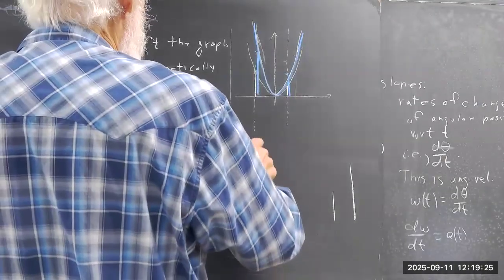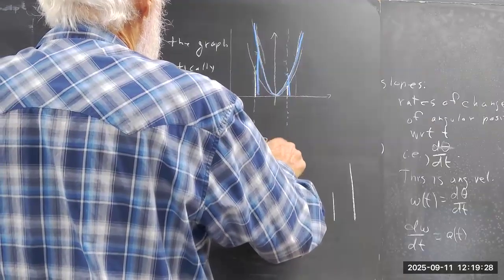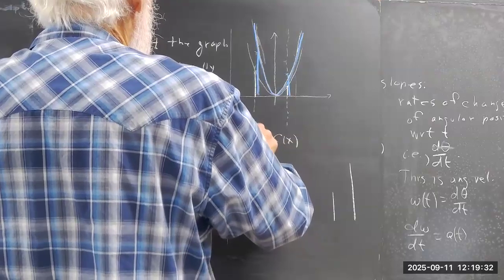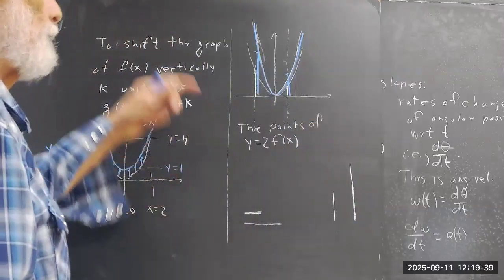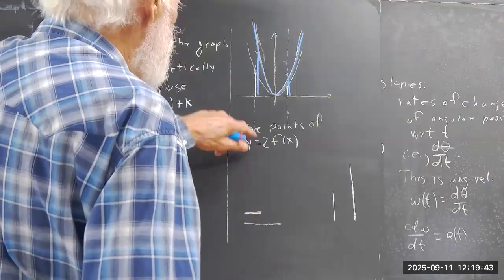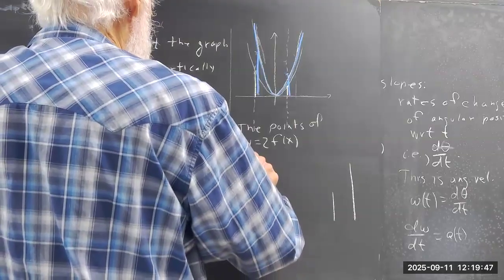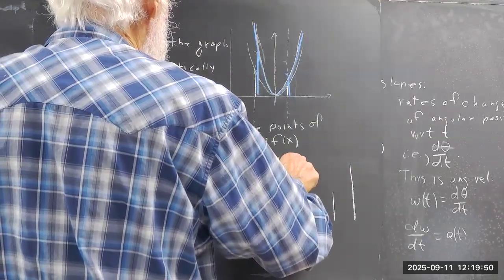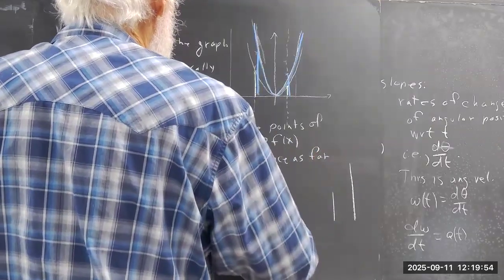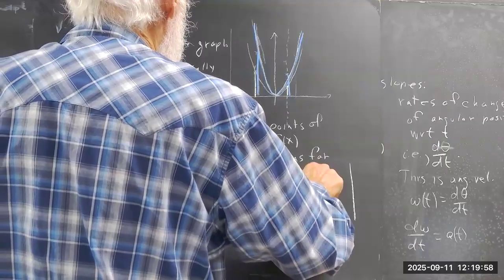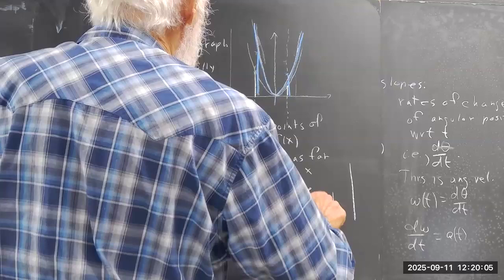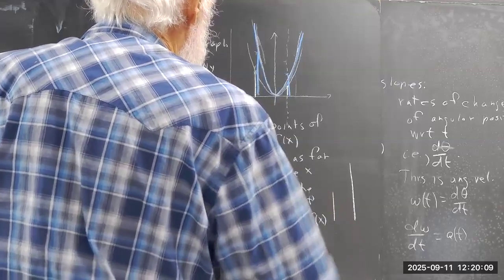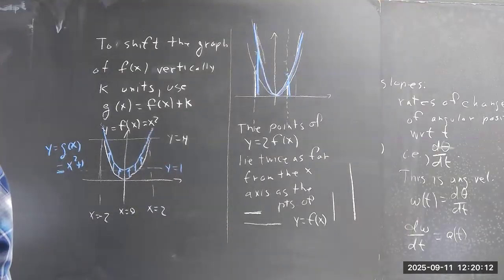So I'm going to say now, I should say the points of the graph of y equals 2f of x are twice as far from the x-axis as the points of y equals f of x. Okay? So now,